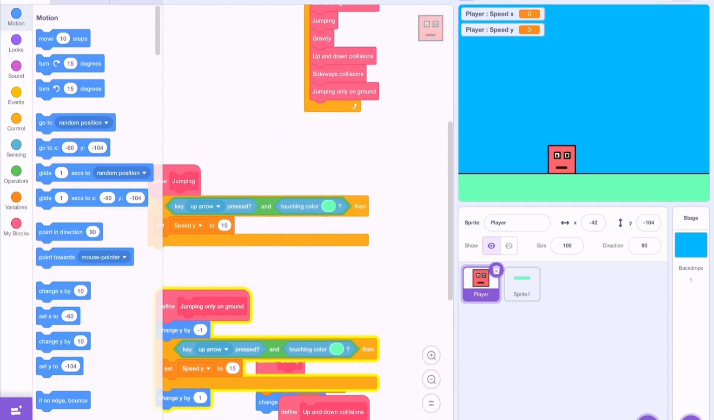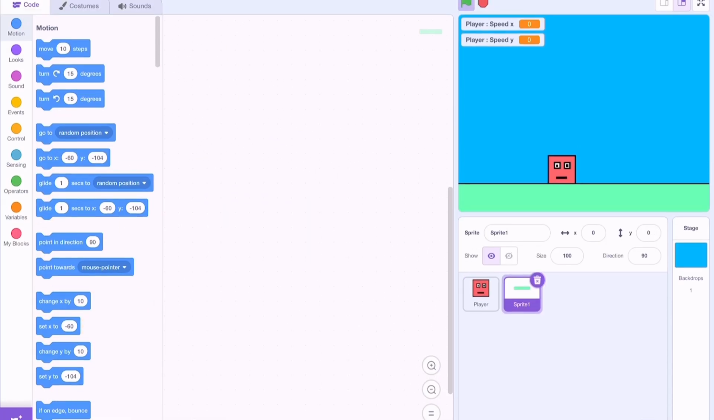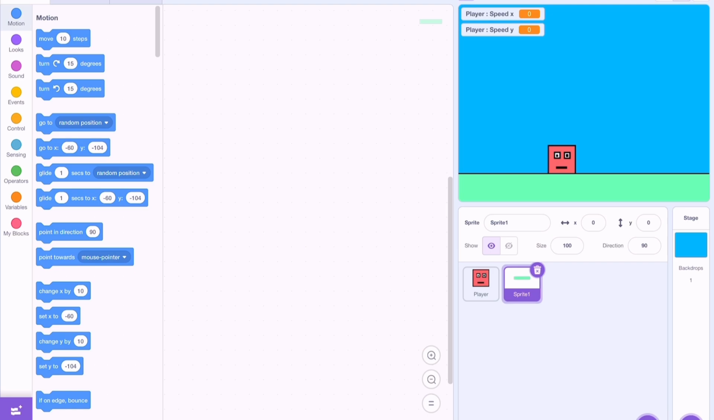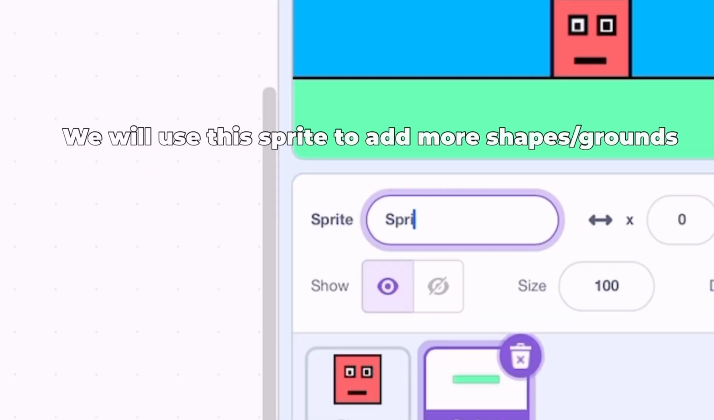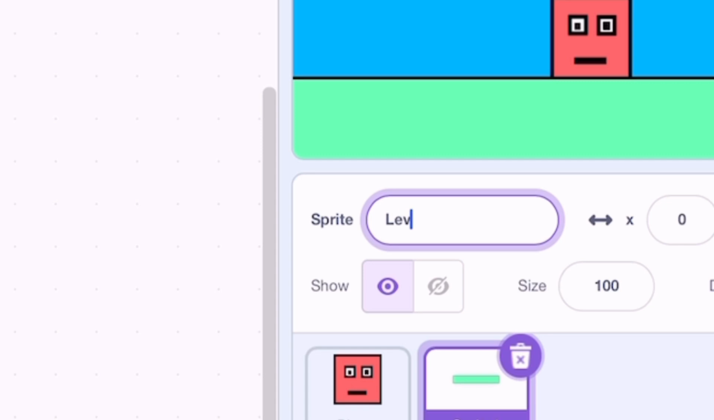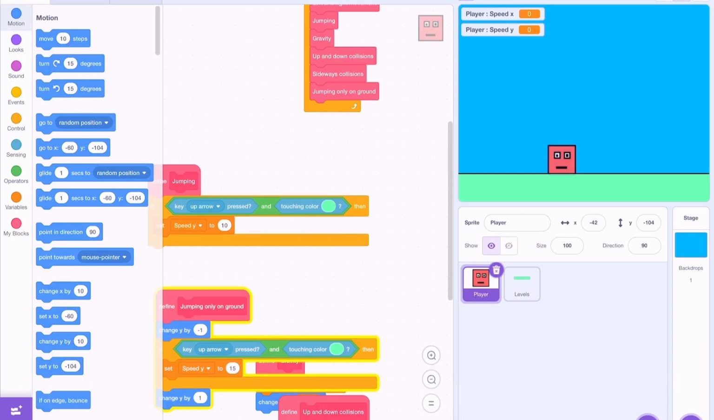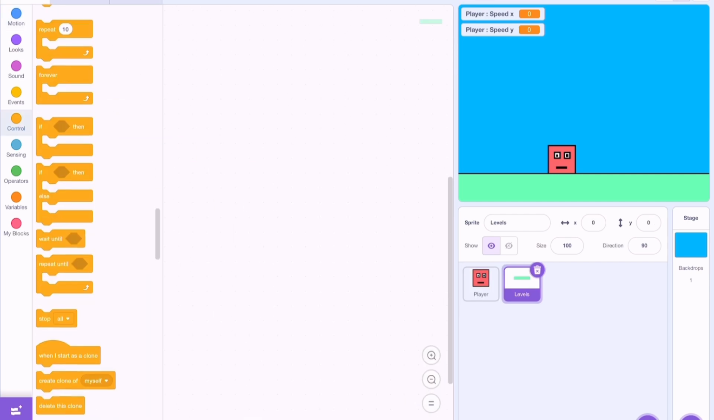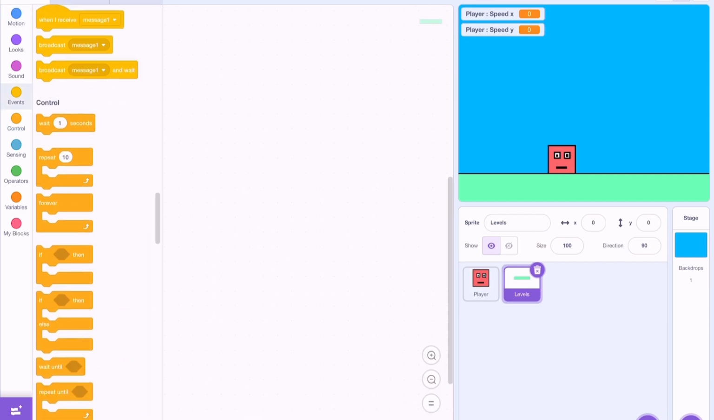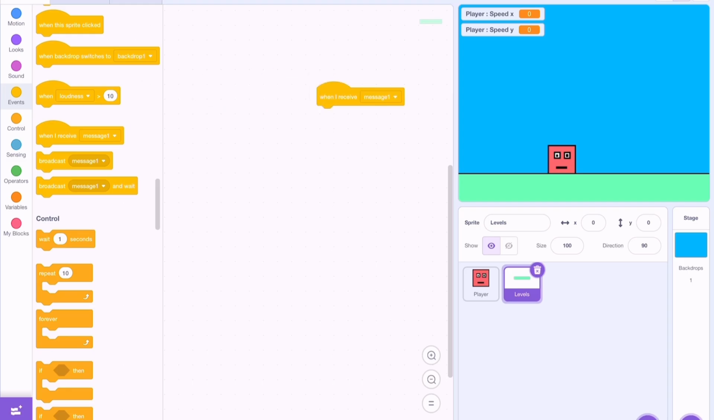Anyways, we're going to go back to our code. I've made this sprite, and it will just be our grass sprite, and we're going to turn it into our level sprite now. Now, a lot of people just use backdrops for levels, but personally, I think sprites are better. Anyways, let's begin. Alright, let's start by going to our level sprite and putting a when I receive block, and